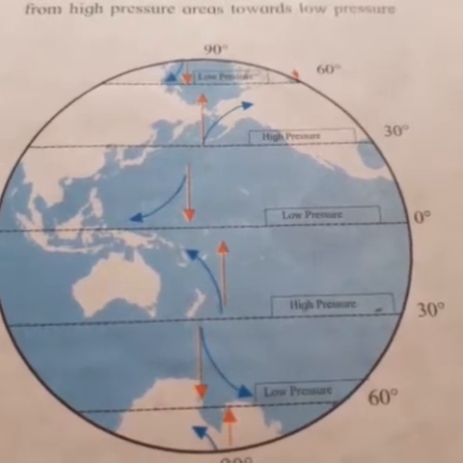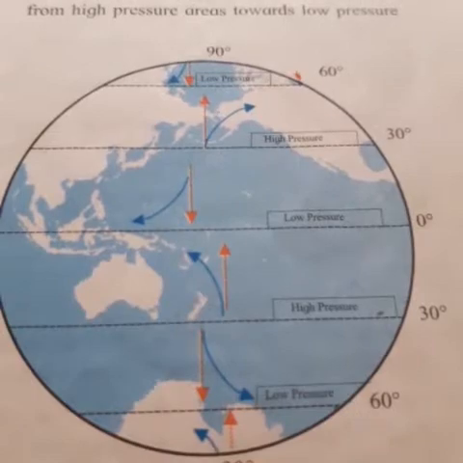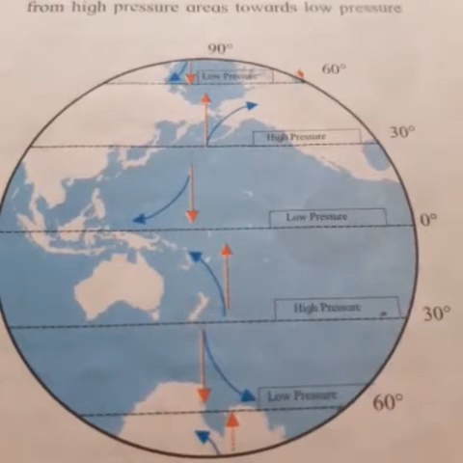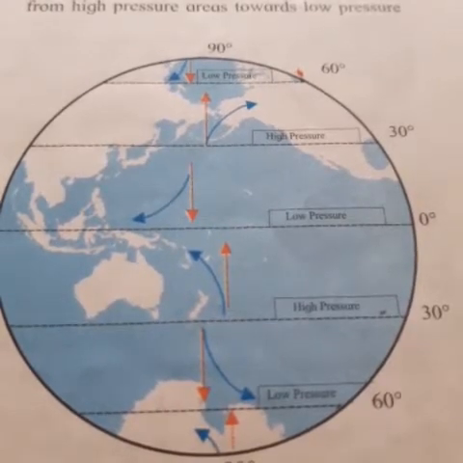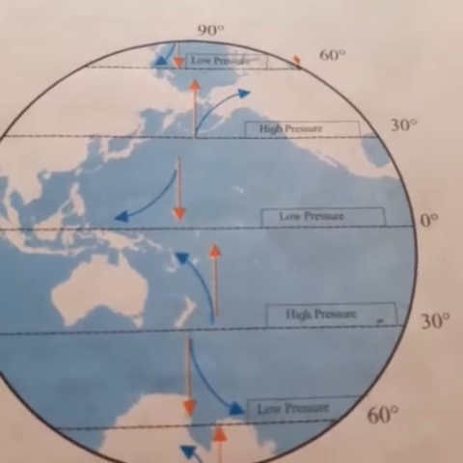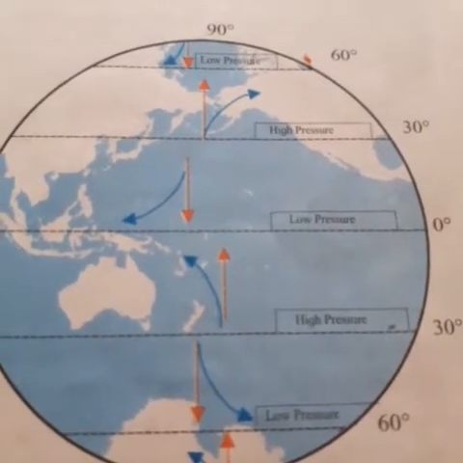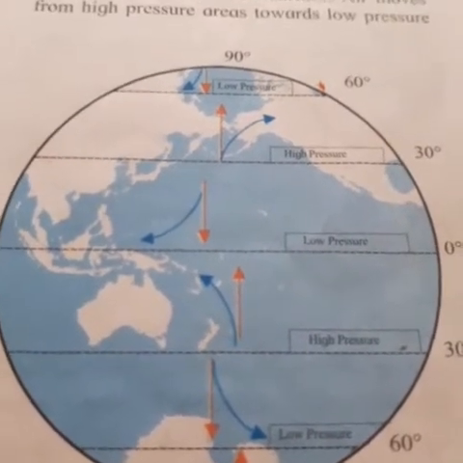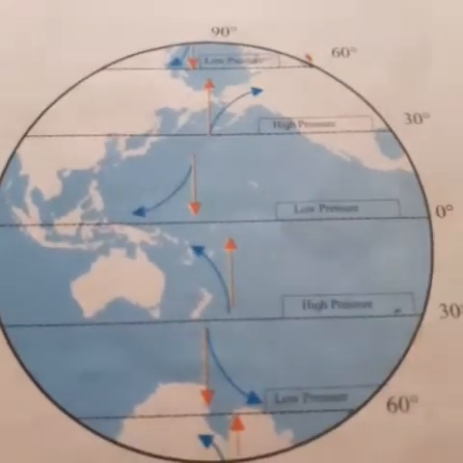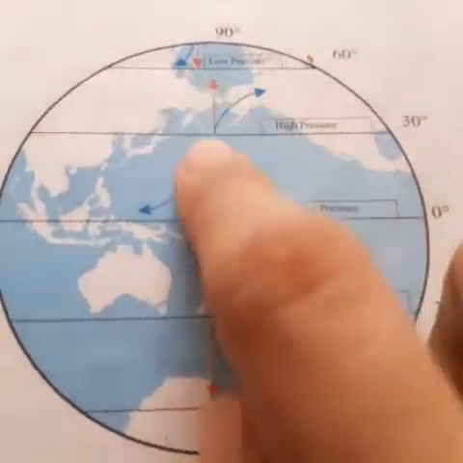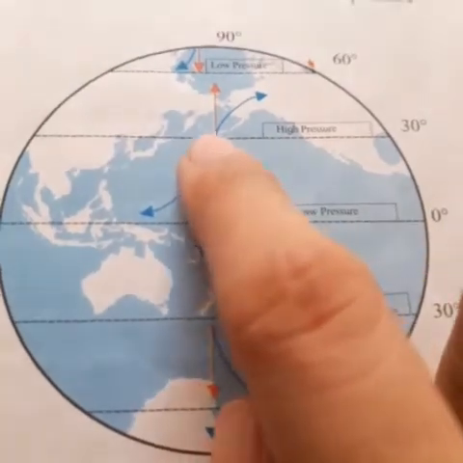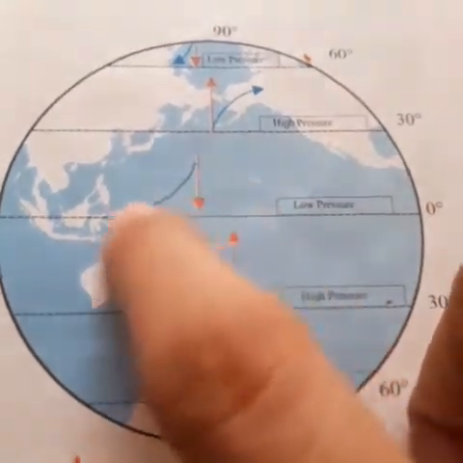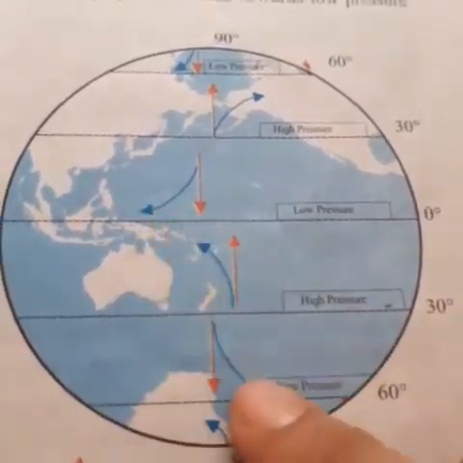towards low pressure. Now, in the horizontal manner, if there is a difference in the air pressure in a particular area, suppose there is a high pressure, and in the other close-by area a low pressure, the wind will blow from high pressure towards the low pressure. Now over here this is the low pressure and over here is the high pressure. So because of low pressure and high pressure, wind direction changes. See over here the wind direction has been changed.